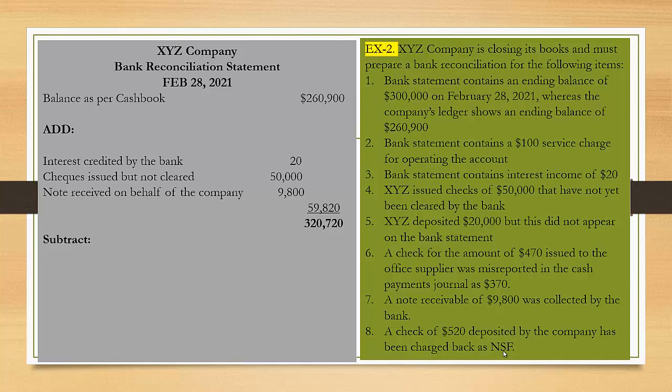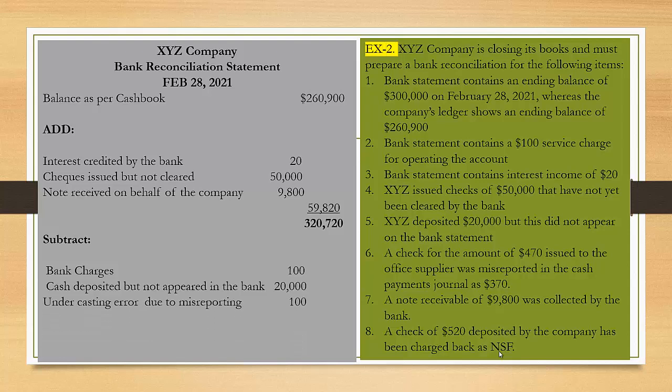and it will give us 320,720. Similarly, we need to subtract bank charges. Obviously, the bank has already deducted its charges, but when it comes to our knowledge, we will have to minus. Then cash deposited but not appeared in the bank, we will have to minus, because when we made this deposit, we would have mentioned it in our cash book. The same is not reflecting in the bank statement, so temporarily we will have to minus it from here.